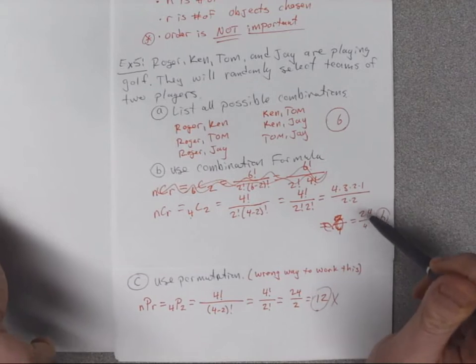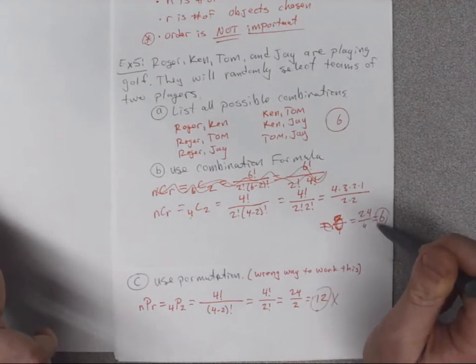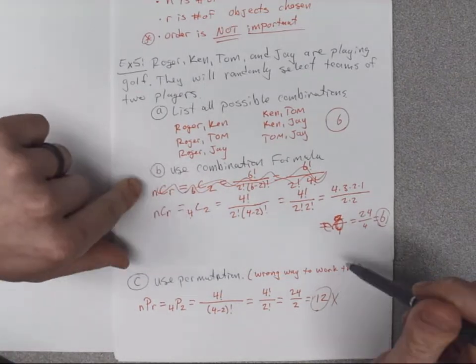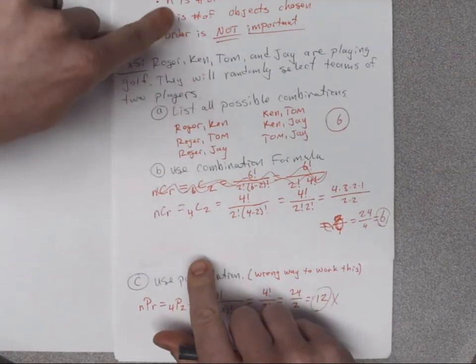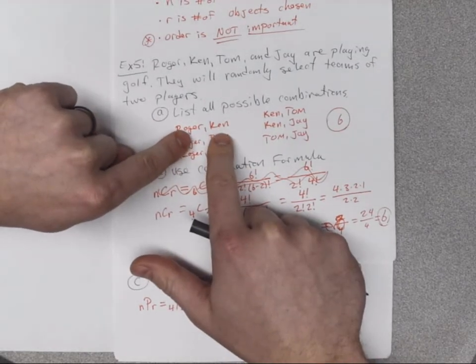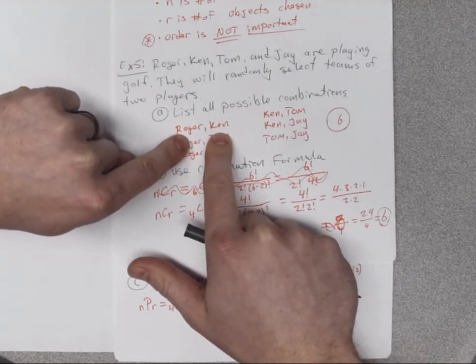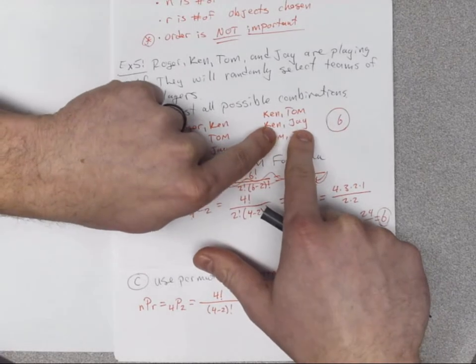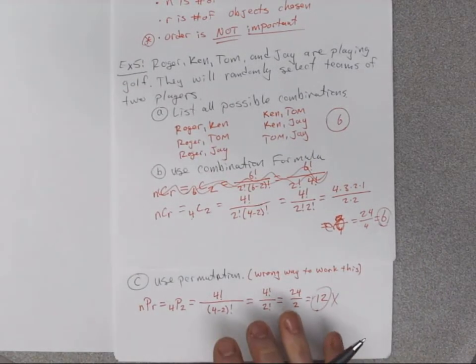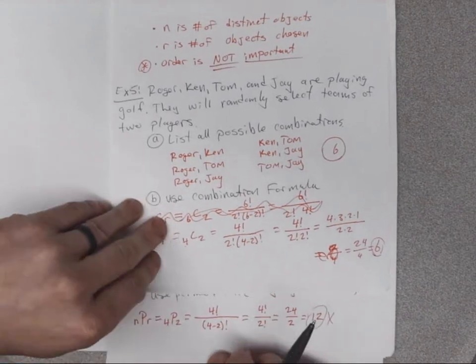Now, if we were dealing with a horse race, we would not want to use a combination because order is important. So if order is not important, we use combination, because we don't care if Roger or Ken was picked first in this case for this team. We don't care if Ken or Jay was picked first for this combination. So that's that there. Let's look at another example,